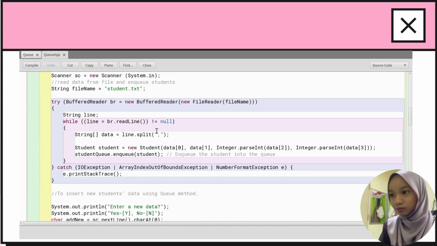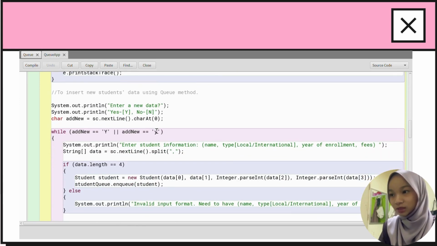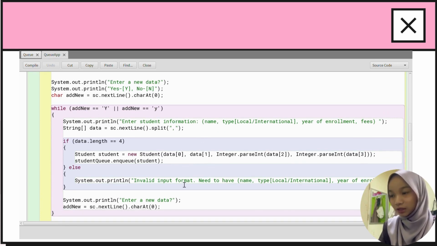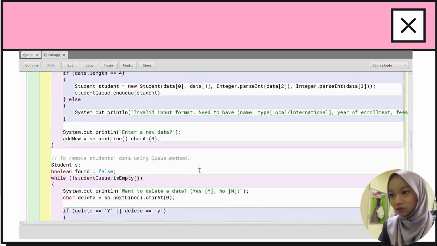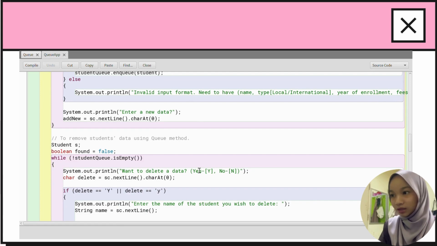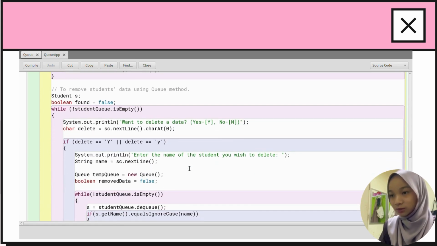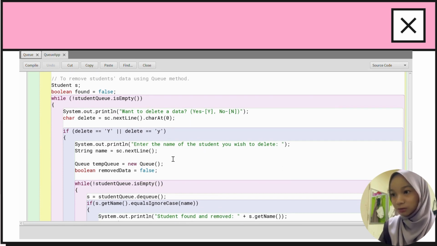The program then prompts the user to add new students to the queue by entering their information. It validates the input format and enqueues the new student if the input is valid. The user is given the option to continue adding new students. Next, the program provides an option to delete students from the queue. It prompts the user to enter the name of the student to be deleted and performs a search and removal